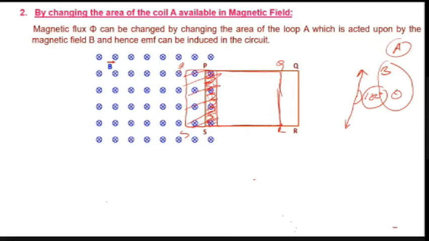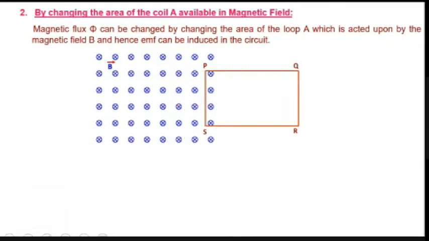So when I move the coil, there is a change in area. Whenever there is a change in area, what happens? Now further I am moving inside. This much I have moved, so this is the new position. So how much area is associated? See here, there is an increase in area. Therefore, there is a change in area, there is a change in flux, and there is an induced EMF. So when I move the coil, there is a change in area and there is an induced EMF.